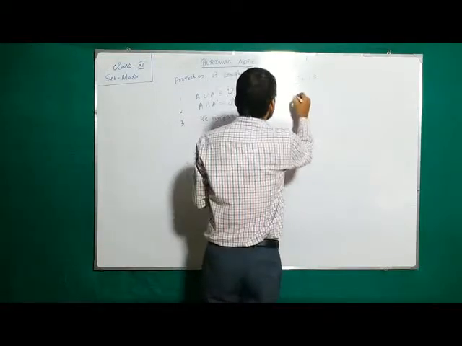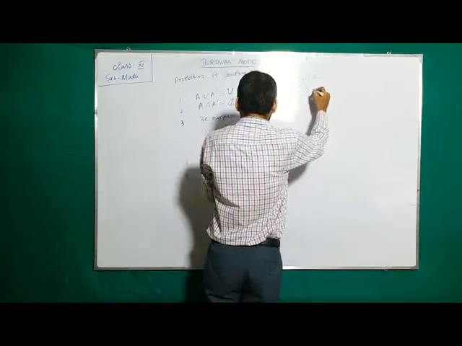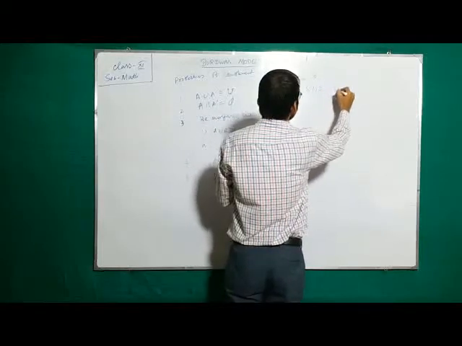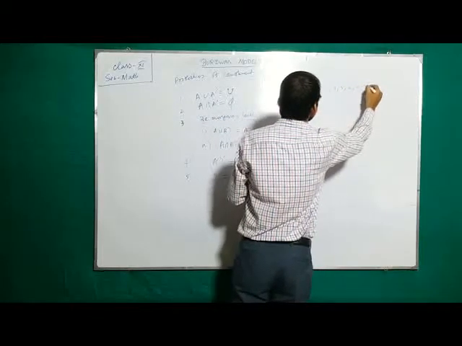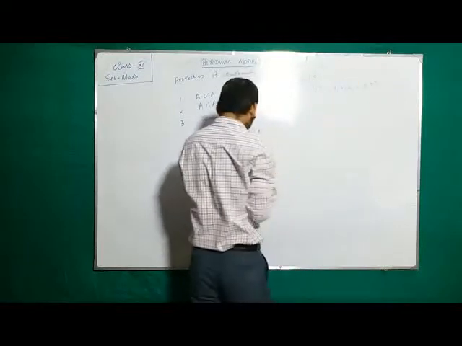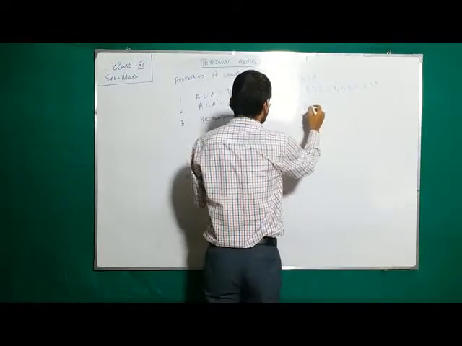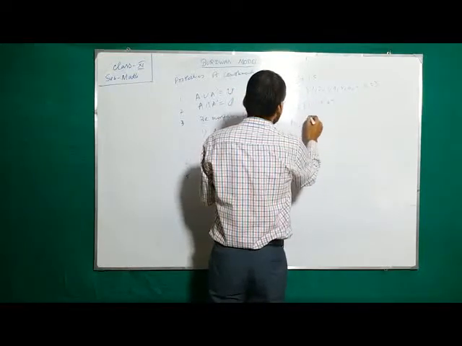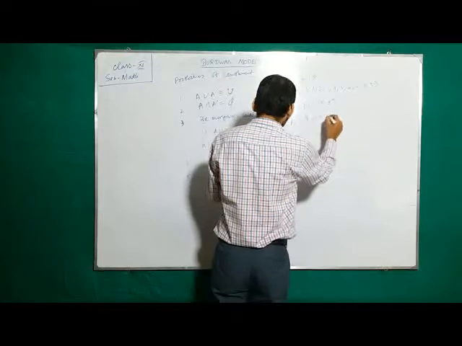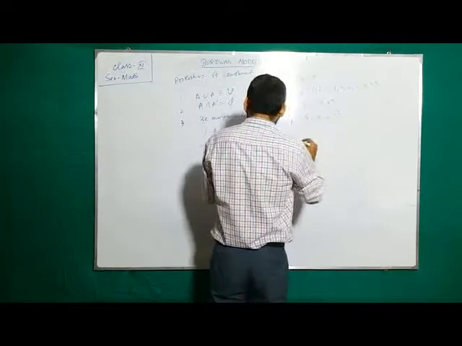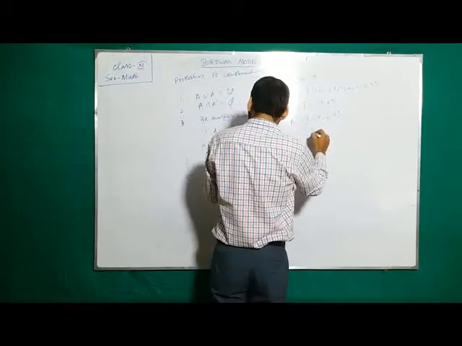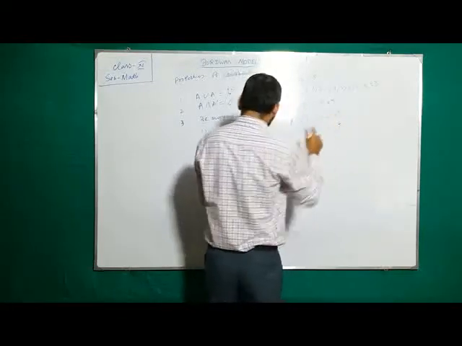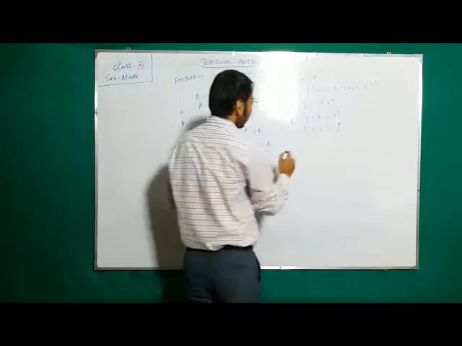Here the universal set is given as the set containing 1, 2, 3, 4, 5, 6, 7, 8, 9. So 1 to 9. A is given as 1, 2, 3, 4. B is given as 2, 4, 6, 8. C is given as 3, 4, 5, 6. Now it is asked to find